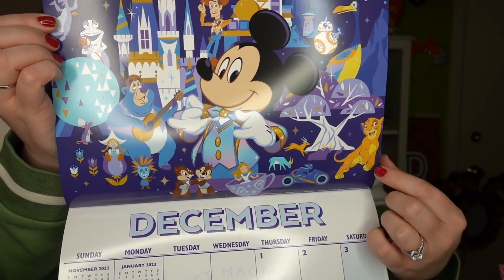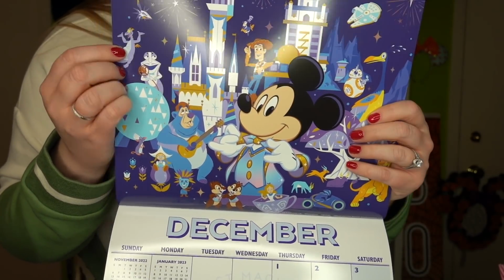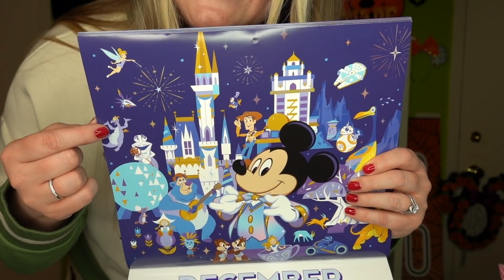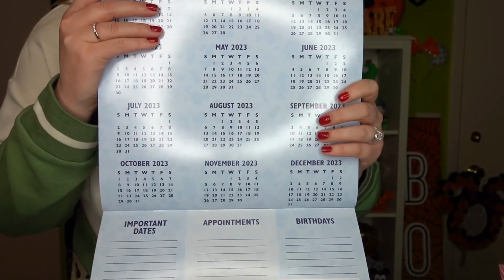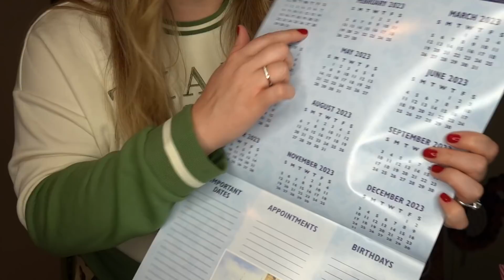You've got the teacup ride, Simba, oh my gosh, Kevin! You've got the Tree of Life, Big Al, yes. Figment, yes. Woody, oh my goodness, this is so cool. And then last but not least, you have the back of the calendar, which has all of the 2023